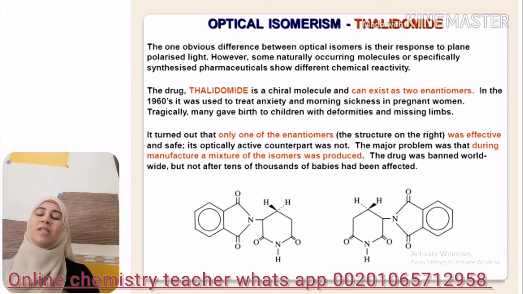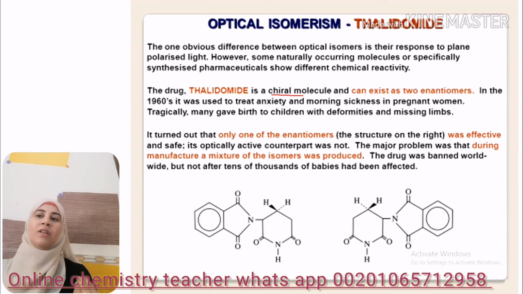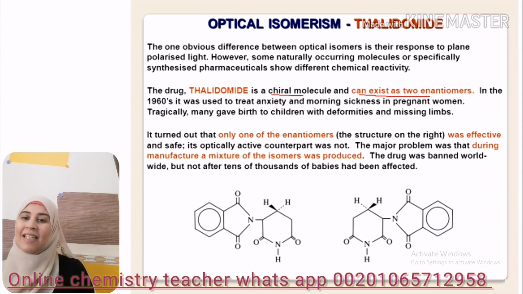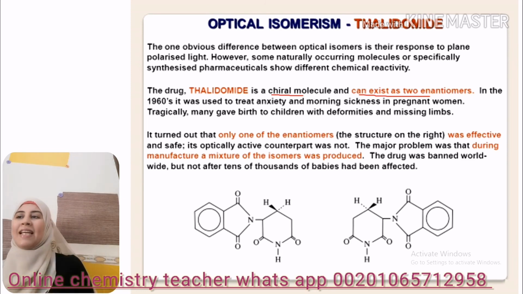Thalidomide contains a chiral carbon atom, so it is a chiral molecule, and it can exist as 2 enantiomers. Thalidomide was invented in 1960, and it was used for treating anxiety and early vomiting or morning sickness